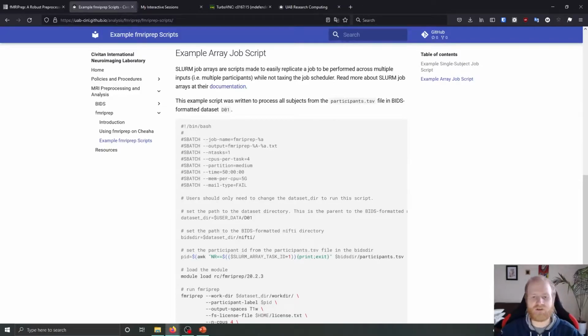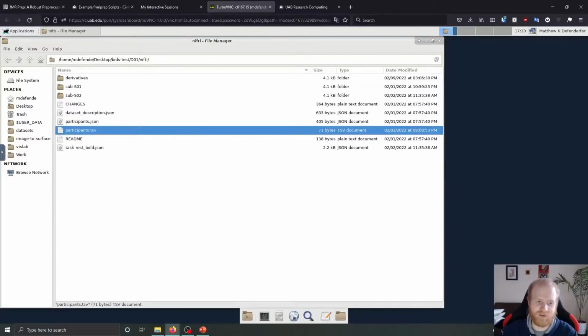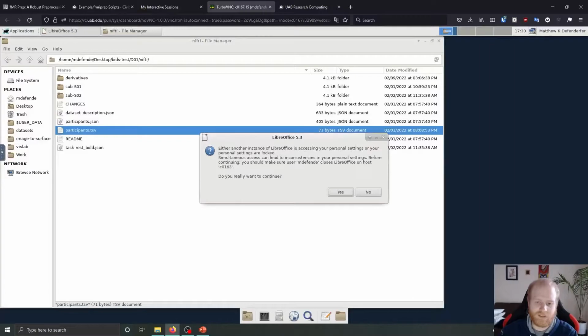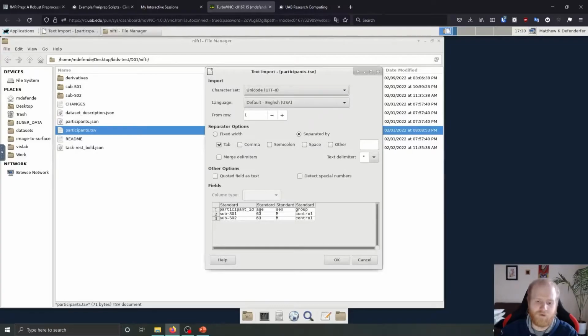So the array job script is going to perform functionally identically to the single subject script, except instead of naming a single subject to perform the preprocessing on, it's going to instead access the participants.tsv file inside the BIDS formatted dataset. So if we take a look at it in our BIDS formatted dataset, we have the participants.tsv file here. If we take a look at what's inside it,